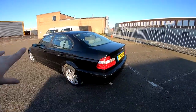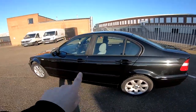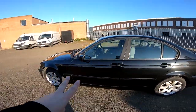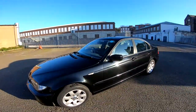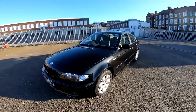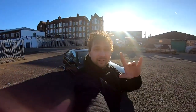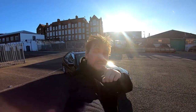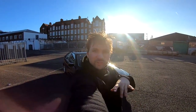Let's do a quick walk around. What else can I tell you? It's black. I invested in this car for quite a lot already, and I'll take you for a ride. You can see it's shiny, it's beautiful, it's lovely. And now, before I go to the POV drive, when we're gonna drive around London dockyards, somewhere close there,